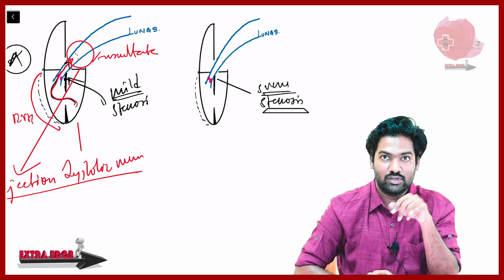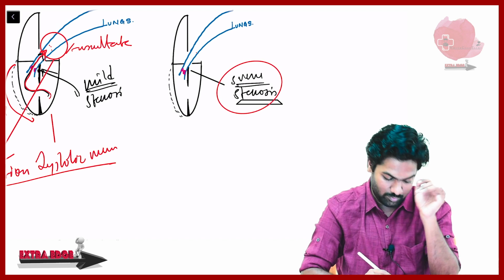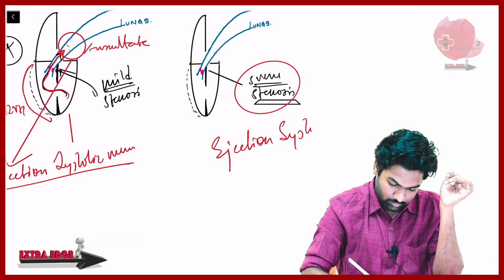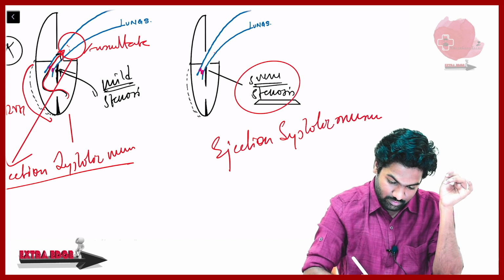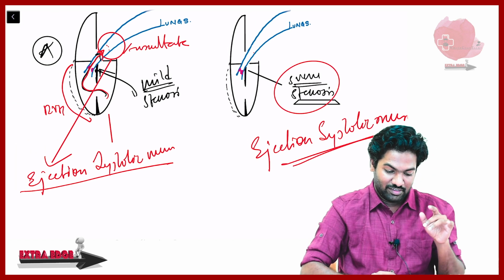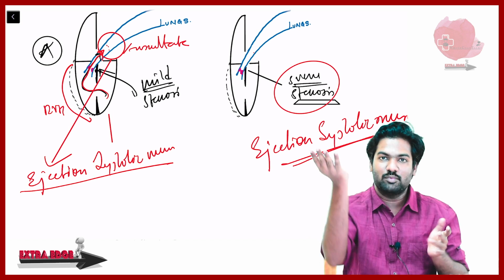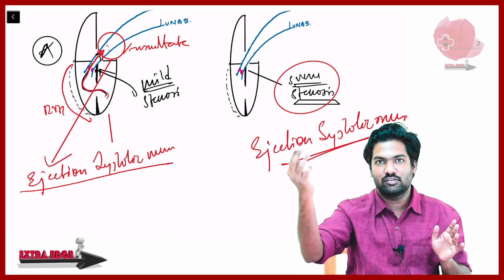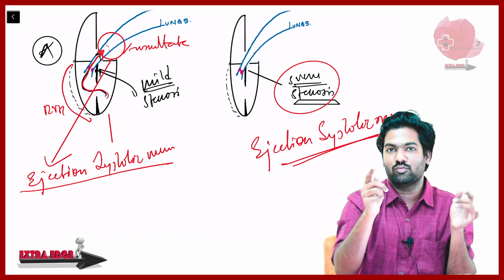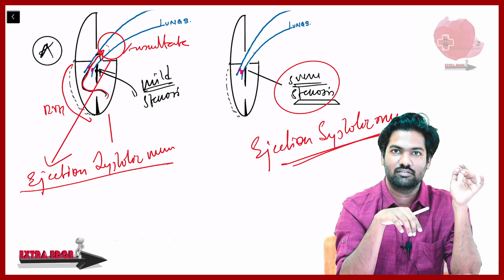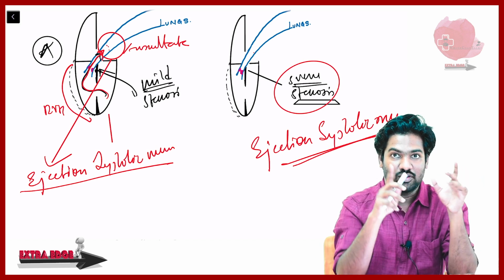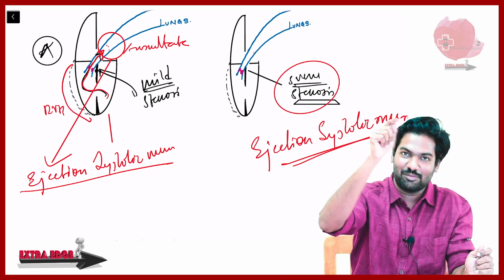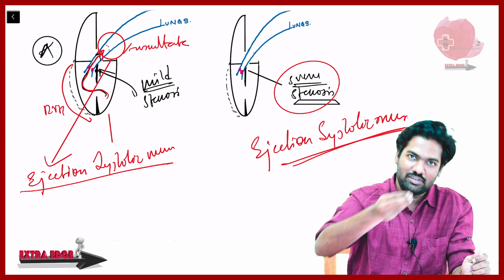And now we will see what happens in severe stenosis. Severe stenosis, maybe the ejection systolic murmur would be there, definitely. But now see, mild stenosis was there, blood was able to go inside. Mild stenosis, compare with severe stenosis, blood is not able to go inside. Now which one do you think will create more murmur? No, wrong. What happens, mild stenosis means there is some amount of blood flow, turbulent flow there. Mild means some turbulent flow is there.